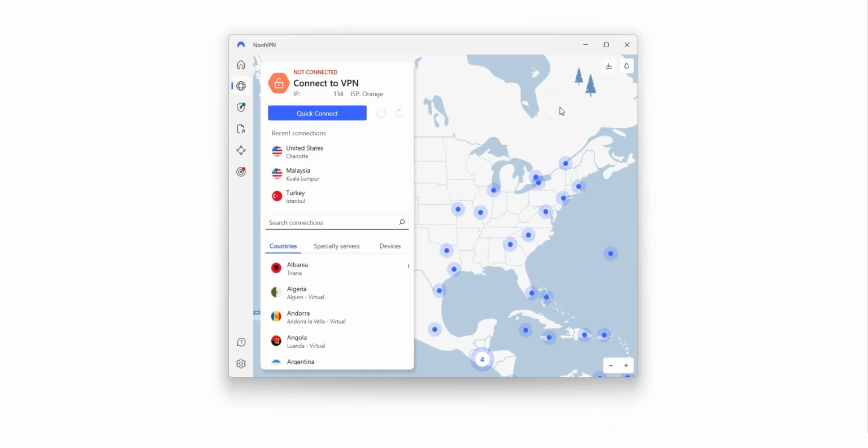Now, here is NordVPN's interface. It's sleek and user-friendly. Personally, I really like the map. You can quickly connect to a server using the map or from this list of countries on the left side of the interface. There is a wide variety of countries. In Europe, of course, the UK, Germany, France, Spain, Italy, Belgium, Switzerland. In North America, the US, Canada, Mexico. In South America, Brazil, Argentina, Colombia, Chile. In Asia, Japan, South Korea, Thailand, Indonesia, Malaysia. In Oceania, Australia, New Zealand.